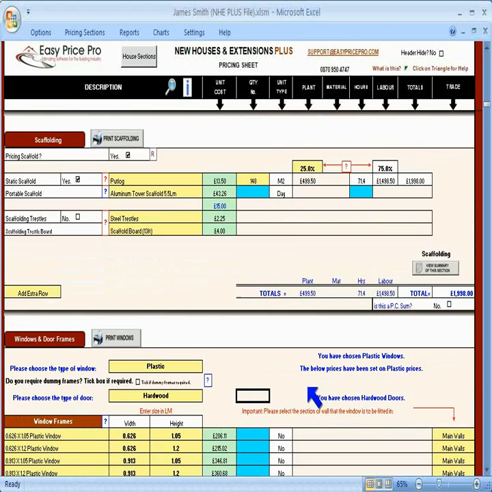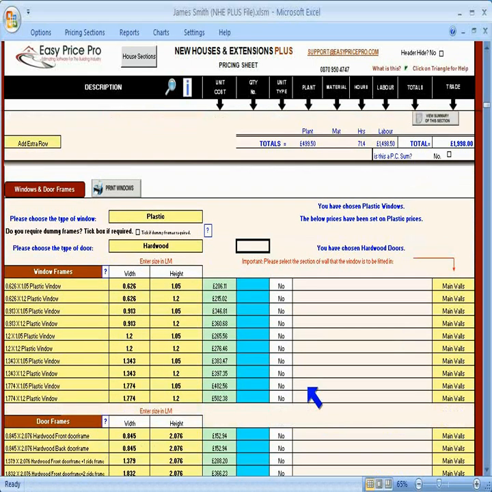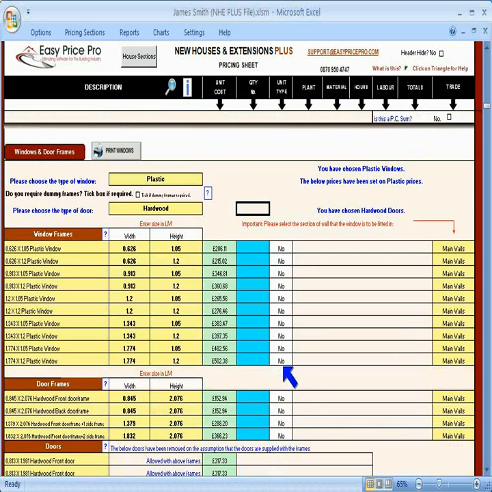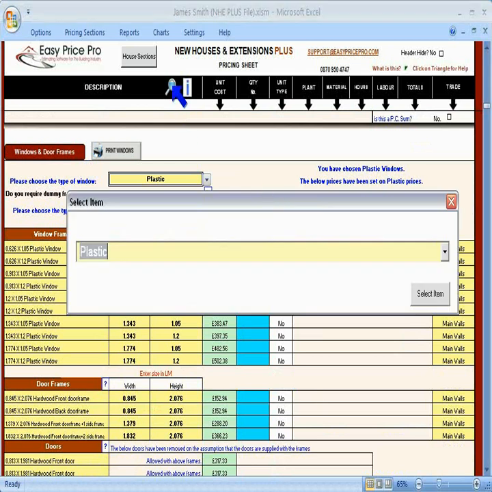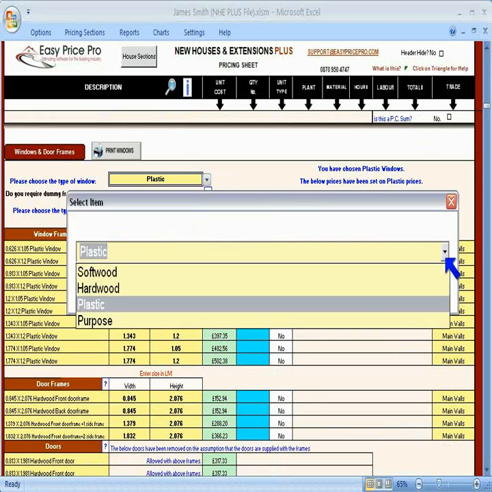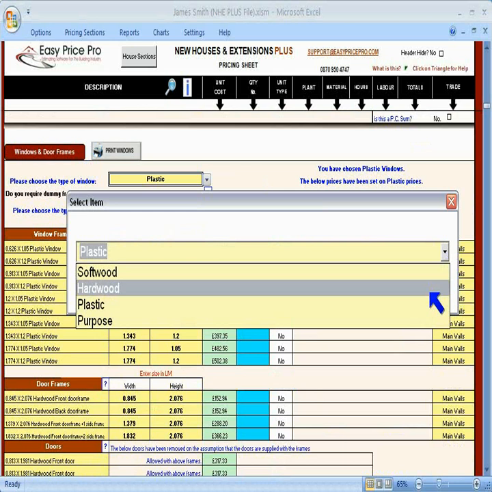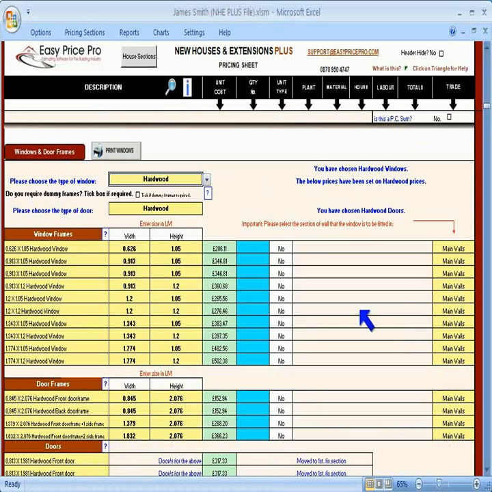We have now completed the foundations and wall sections of the pricing sheet, but at the moment they are solid walls with no windows or doors. This is where we enter this information. First, choose the types of windows, whether plastic, softwood, hardwood, or purpose-made. You can choose from the window sizes that are brought in from the central library, or type in your own